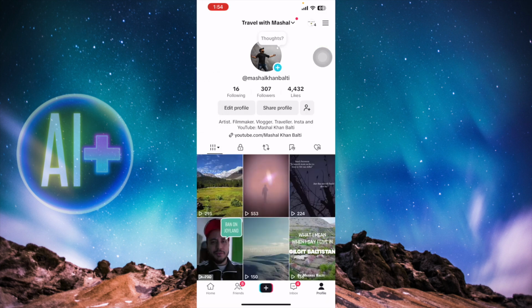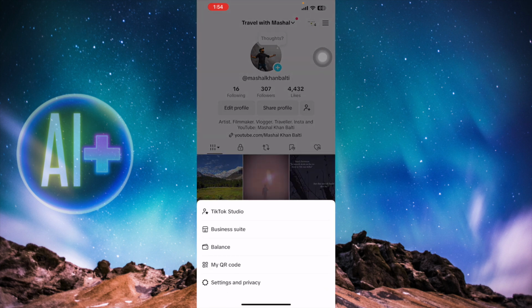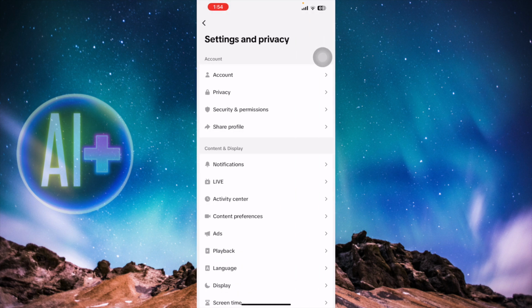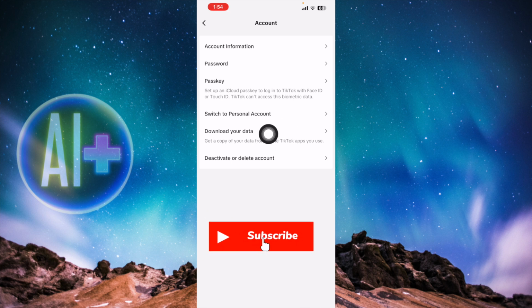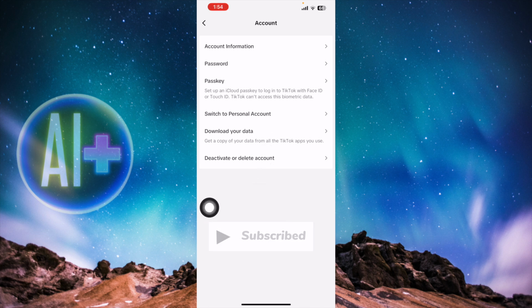And you have to open your profile and click here. And then you have to click settings and privacy. And then you have to click on account. And then you have to click on download your data. There's this option right here that you can download your data. And once when you do it,